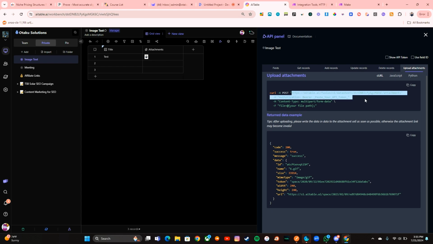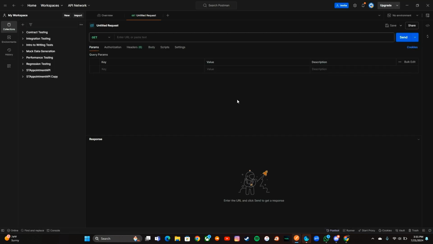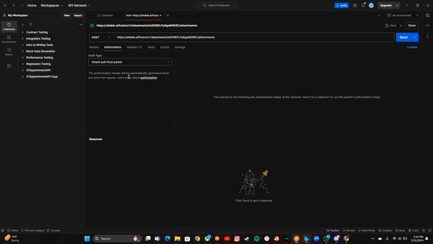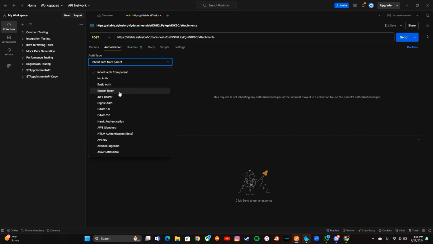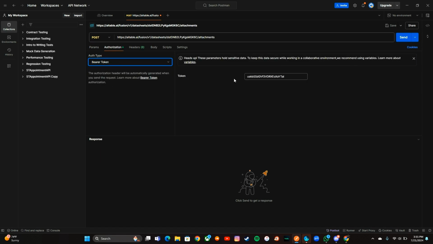Now, in order to do this, what we can do is just come here and grab this URL, and then we're going to come back here into Postman. We're going to paste this URL. We can change this into a post. We need to actually have our authorization here. So mine is saved. I don't mind you seeing it here. I'm going to change mine, but you shouldn't be using somebody else's API keys anyway. But I have that saved here.